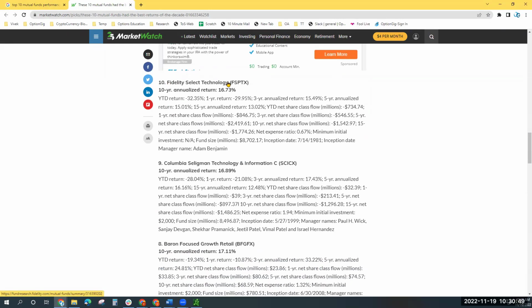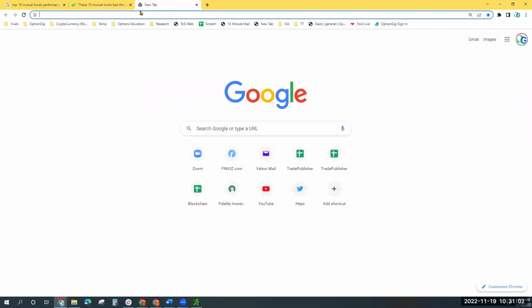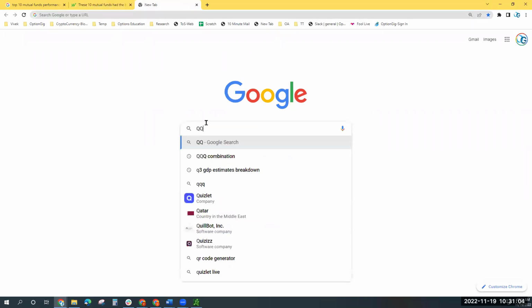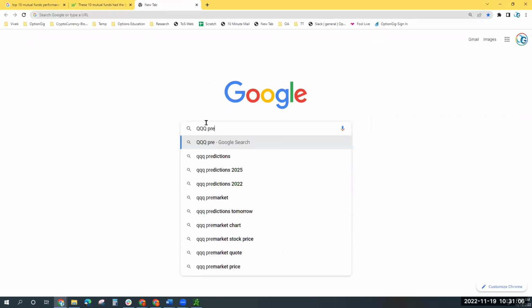So Fidelity Select Technology, FSPTX, 10-year annualized return is 16.73%. It is a tech index. So let's see how QQQ did over 10 years. QQQ is a